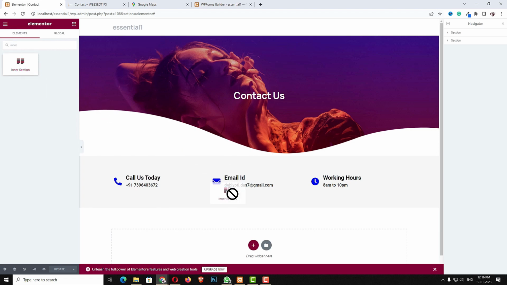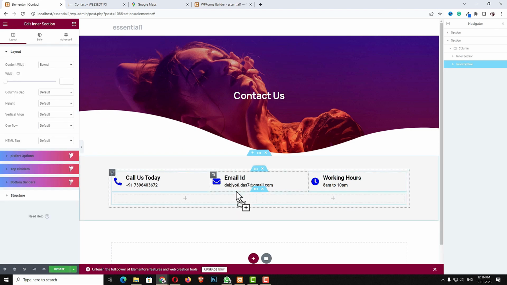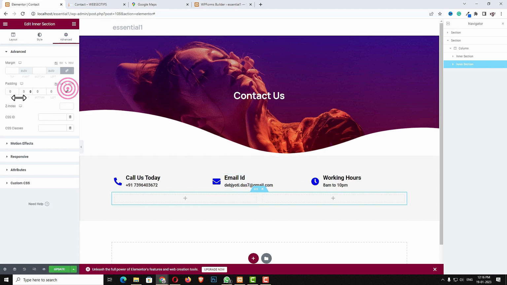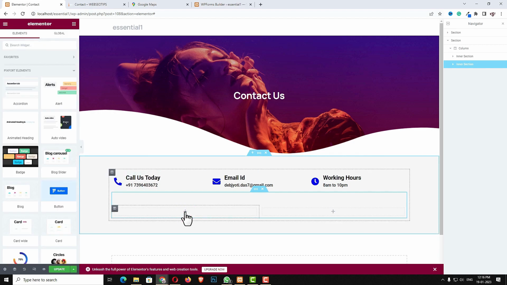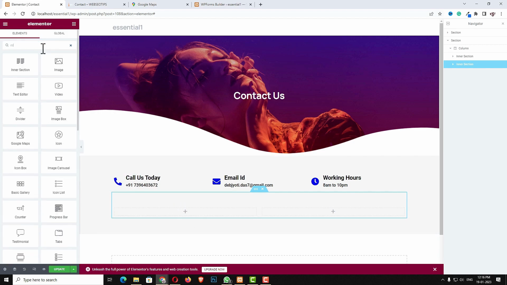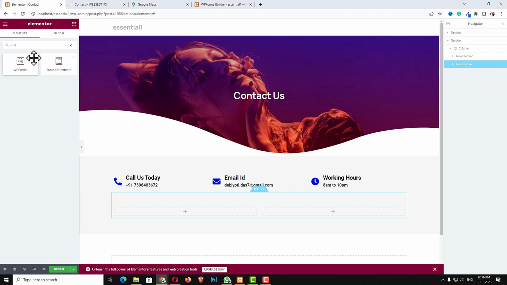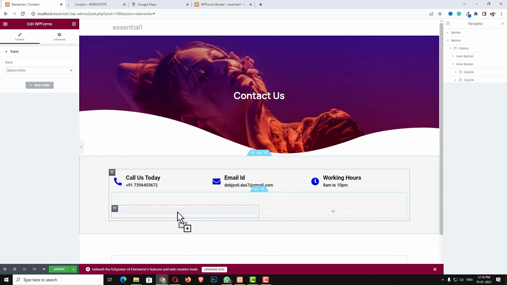So just drag and drop the inner section downside just like that. Now what I have to do, click in this, come back to the advanced option, unlock the padding. Padding top I am taking around 50. Next what I have to do, I have to click in this, and here actually I have to search for the contact form. Okay. So here you can see the WP form, just drag and drop it here,